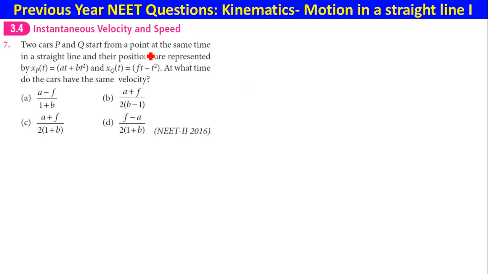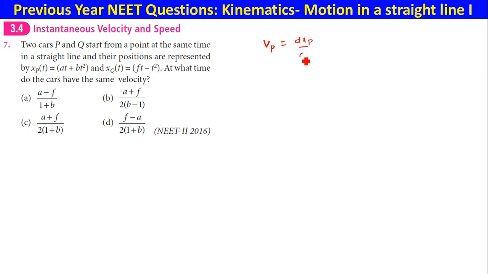Two cars P and Q start from a point at the same time in a straight line, and their positions are represented by xp of t is this, xq of t is this. At what time do the cars have the same velocity? Now you just need to find the velocity of this one, that is, let us say Vp, and the velocity of car P is nothing but dxp